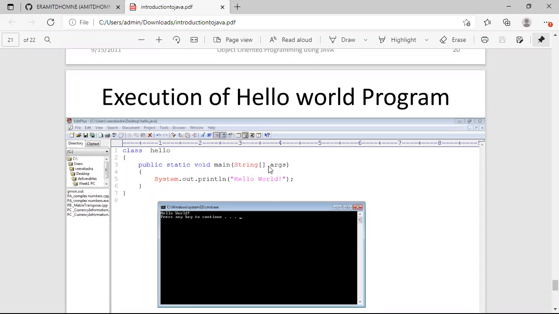Now in this main function, if you have worked on the C language, or have already written a program in it, you might have seen that in C we just add void and main, but in Java, in the main function we are adding public static void main string argument. So does anyone know what this void is? You might have worked on C language. Then what is this void here in this main function? Why do we use void?